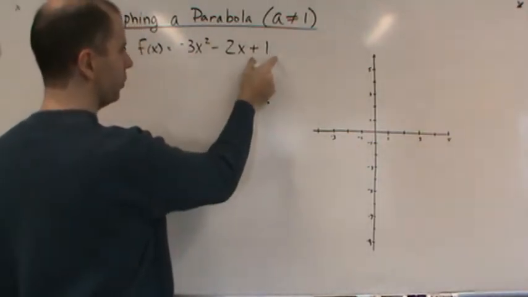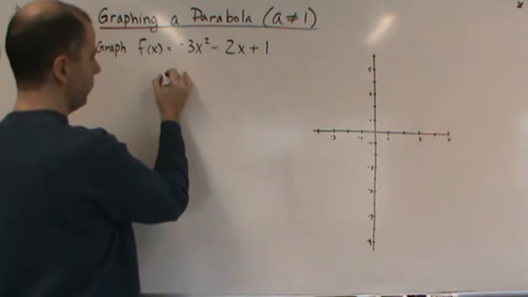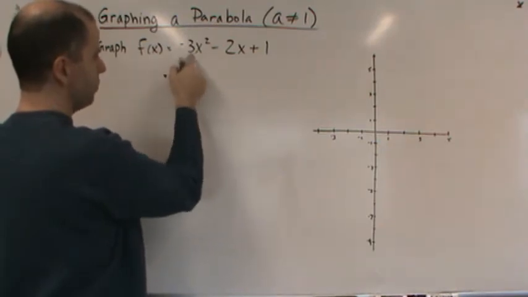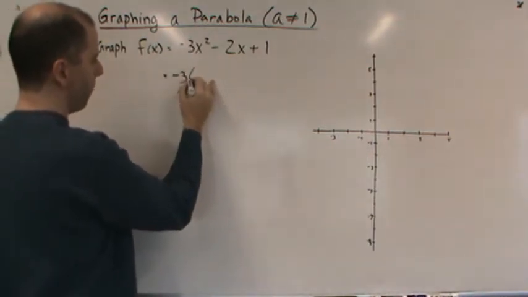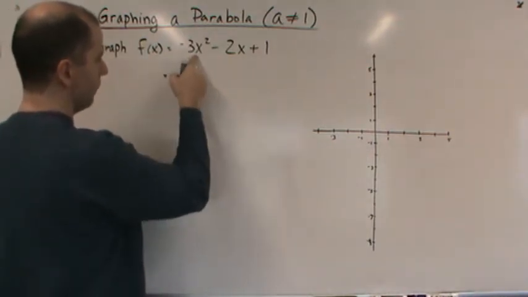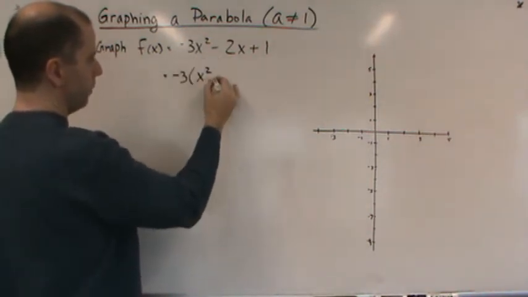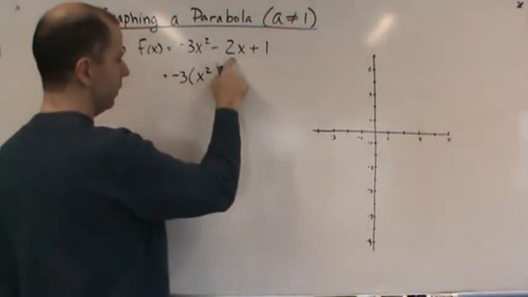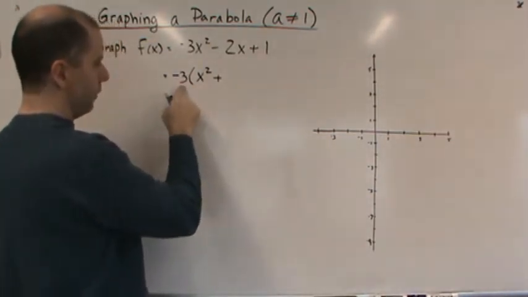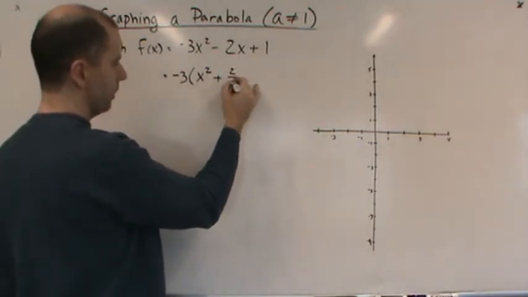So what we're going to do is just ignore this for a moment, and group these together. And so I'm going to rewrite this. I'm going to factor out the negative 3 from here, not here. So this is going to be negative 3, right? And then what's going to be left over here? That's just going to be x squared. This is going to be plus, because I'm factoring out a negative. And then this one here, well, if I'm factoring out a negative 3, I'm going to end up with 2/3